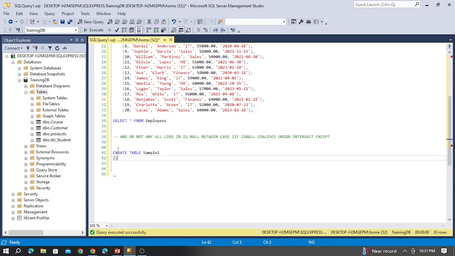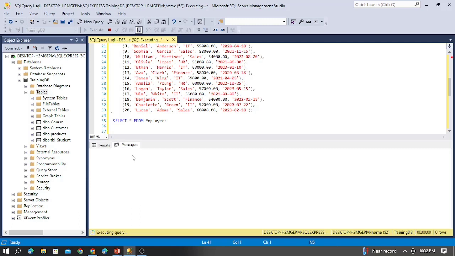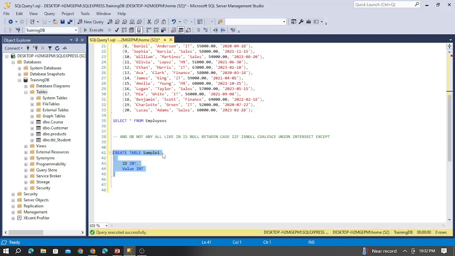We can have two columns in it. One is an id column which is an integer, another is a value column which is again an integer. Let me create this, and I need another table named sample2. Let me create this too,